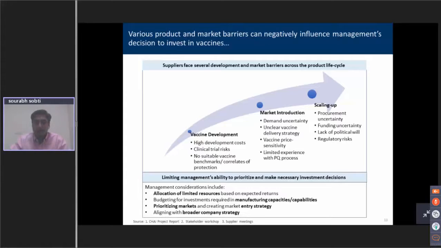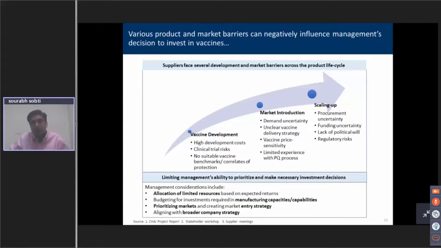There is also unclear vaccine delivery, in terms of some countries or stakeholders deciding that they would rather have a combination or a standalone vaccine, because combination vaccines would result in fewer needles being injected into young infants. Price sensitivity plays a key role in public health vaccine introduction, because country governments and key stakeholders are managing various different health programs and there's only a set pot of money. So they need to manage the funds accordingly and assess the need for a new vaccine vis-a-vis supporting other health programs.